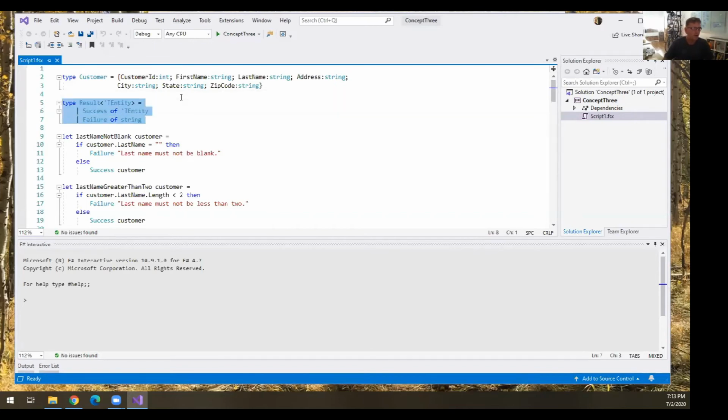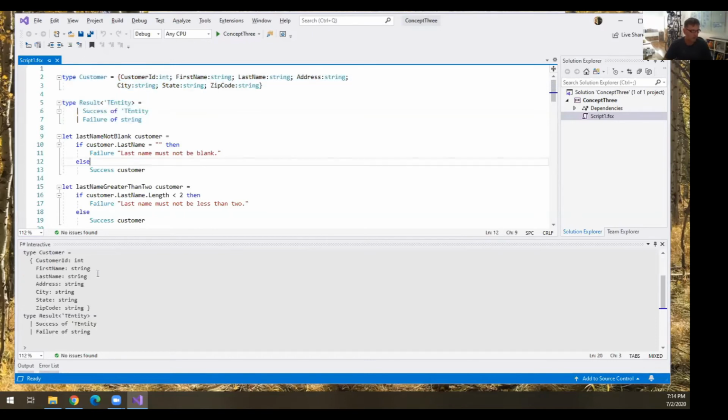Now we have a type of Result<'TEntity> equaling Success of 'TEntity, Failure of string. So here we go, I'm going to define this for you. Let me run that. Come on, there we go.